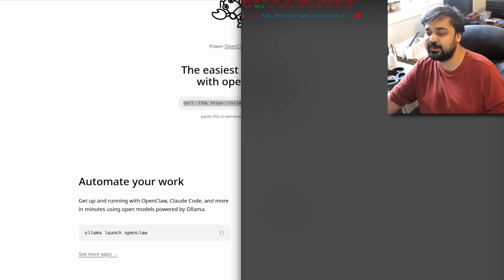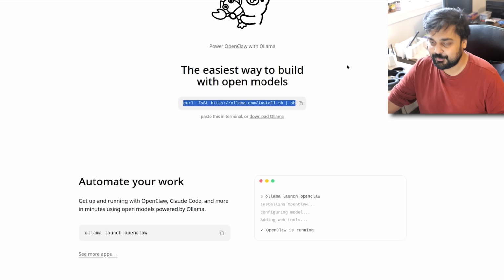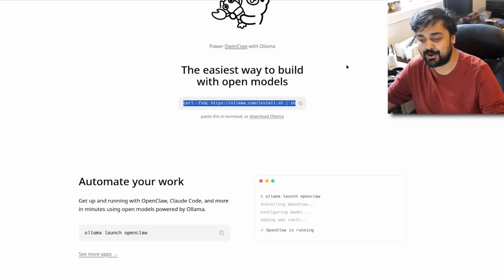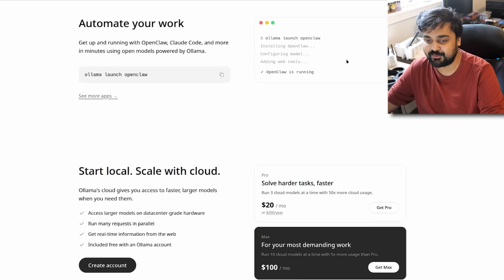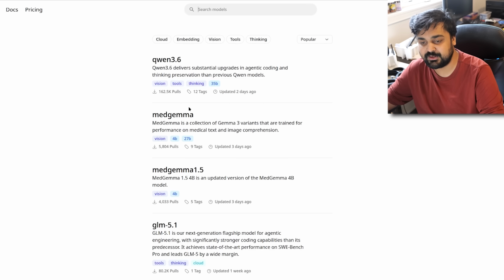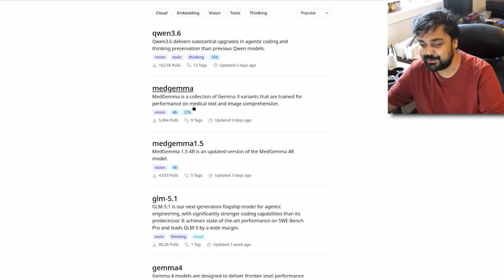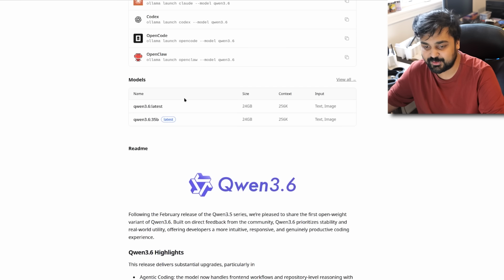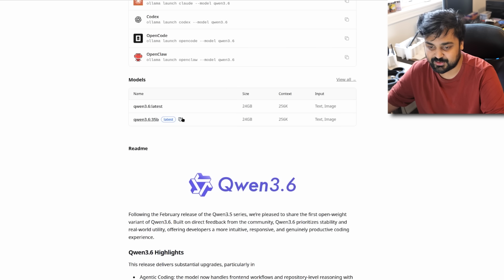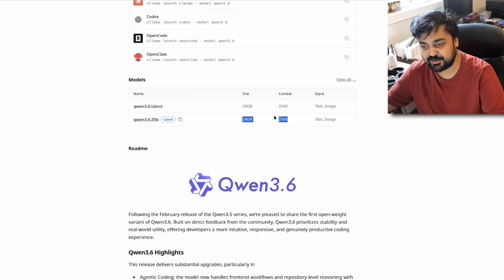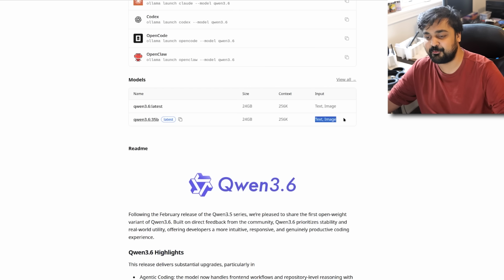Now, you might be like, well, Muta, should I trust this script? Well, that's up to you. It's your right. Remember, be careful with whatever the fuck you're running on your system. But basically, you download their application, and you can install whatever one of these models you want, okay? Do you want access to Qwen 3.6? You go to Qwen 3.6 and follow the installation instructions to install this specific model on your system. You can see they tell you the sizes, how much context you can stuff, and even what kind of information you can give it.